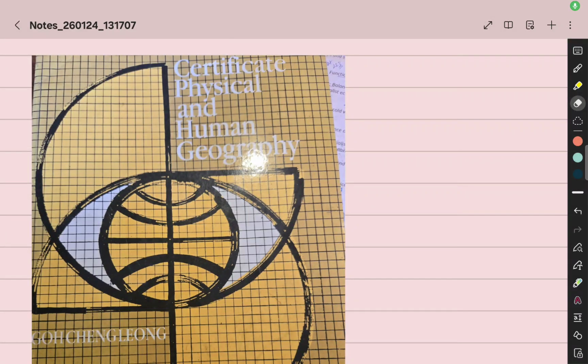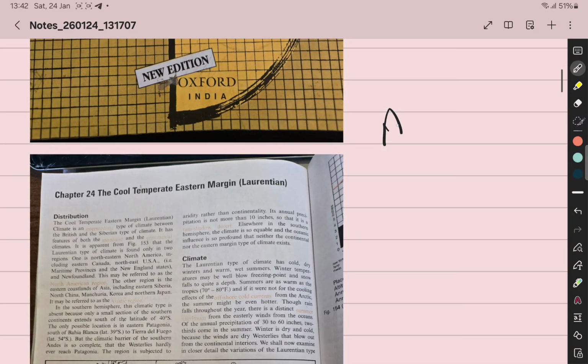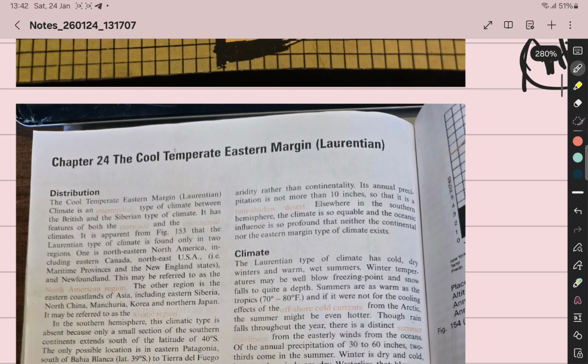So let's continue with our Gcelium book. Last we did the Arctic Circle and Polar Region chapter. That was last chapter. और अभी हम लोग कर रहे हैं चैप्टर 24, The Cool Temperate Eastern Margin,